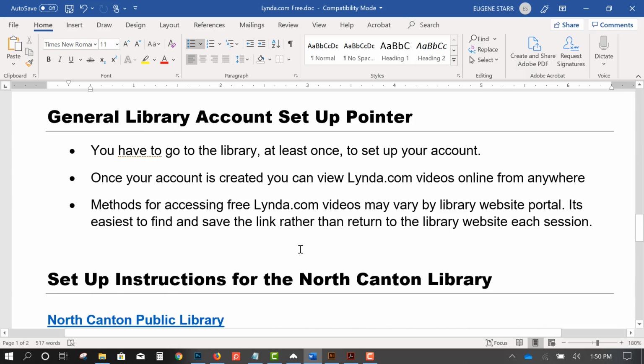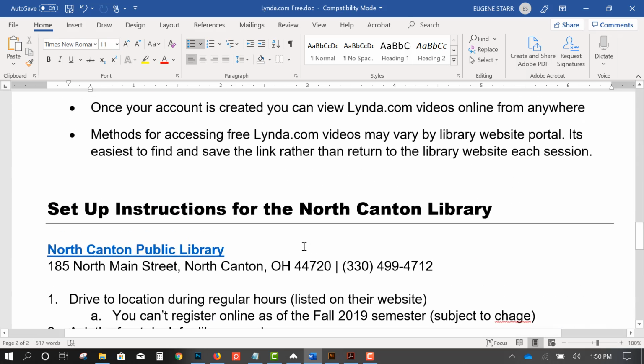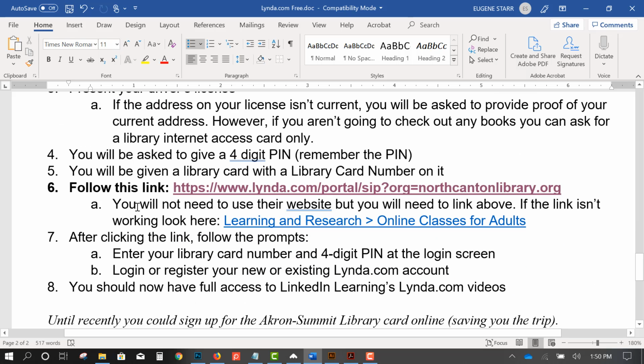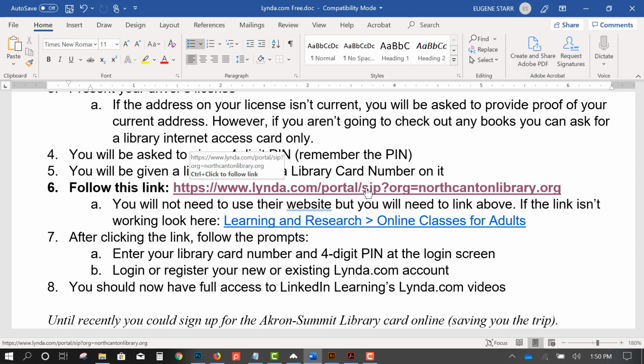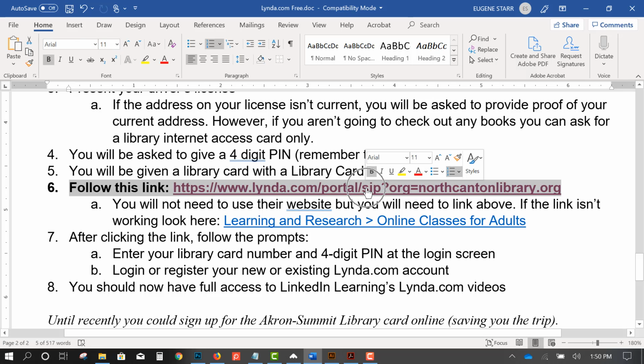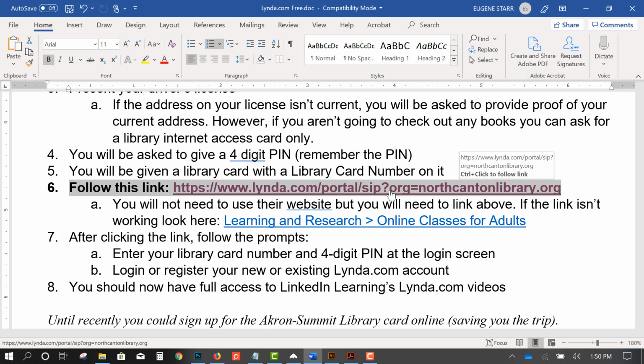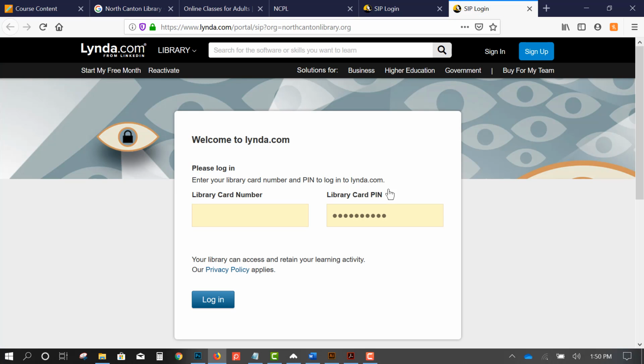So for example, this is a link to the North Canton Public Library's website, but down here, follow this link. Really, you could ignore all this and just go to this link. If you go to this link right here for the North Canton Library, you just click it and it's going to take you straight out to a portal on what is strangely lynda.com's website,